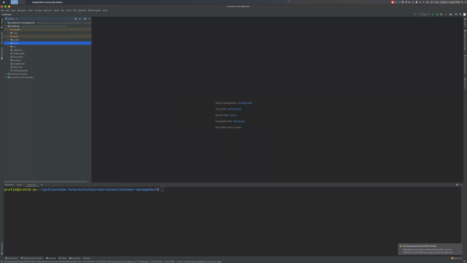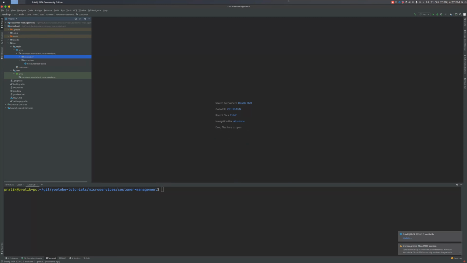Let's see. We don't need any Helm because this is not a deployable module. This is just a placeholder for data structures. We don't need all this, application.yml, static, template. We don't need any of these, or any of these test classes. We don't need the controller. Entity, mapper, repo, service, nothing of that sort is required. Even this is not required. The only thing that will be required is